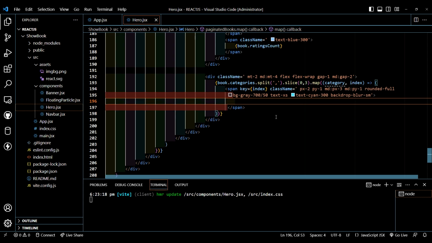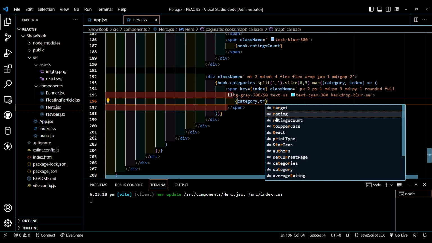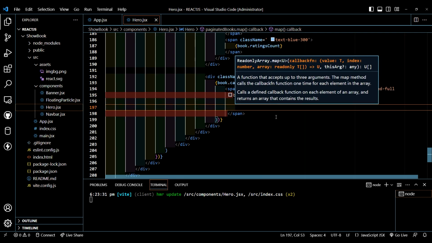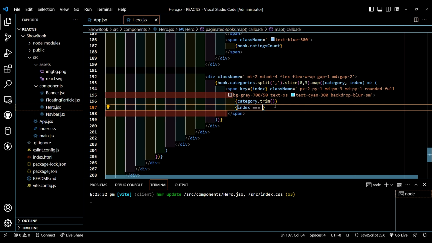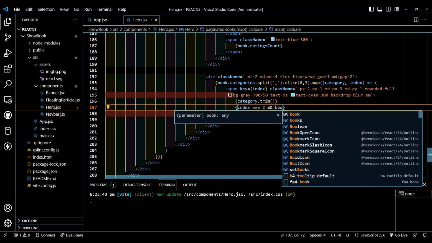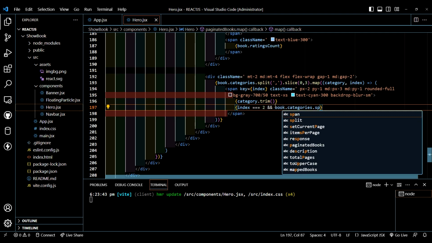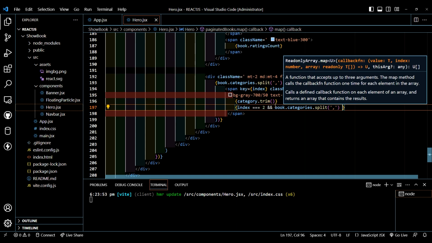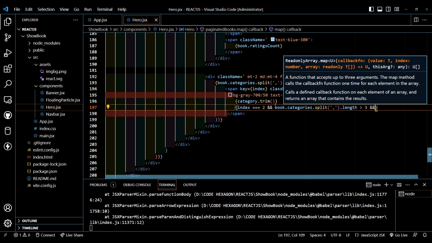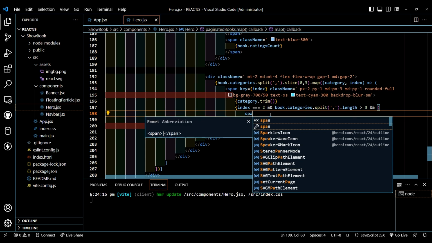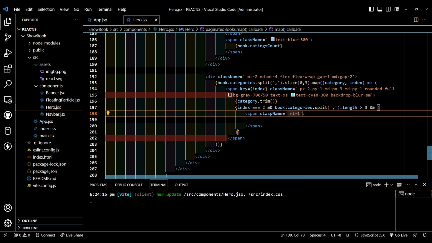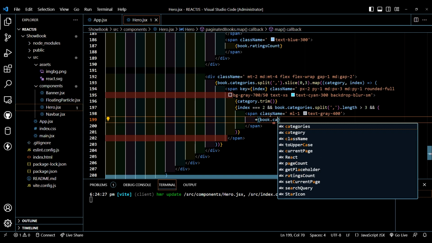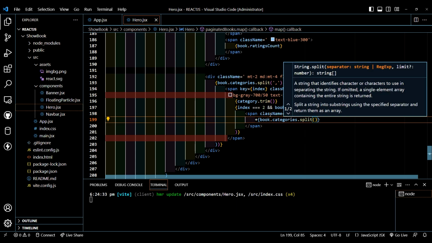Let's close this span tag and let's pass category dot trim, and then let's pass index is equal to 2, and book dot categories dot split, put a comma, dot length, then it's greater than 3, and span tag, give class name, margin left will be 1, text gray 400, plus book dot categories dot split, put a comma, then put dot length